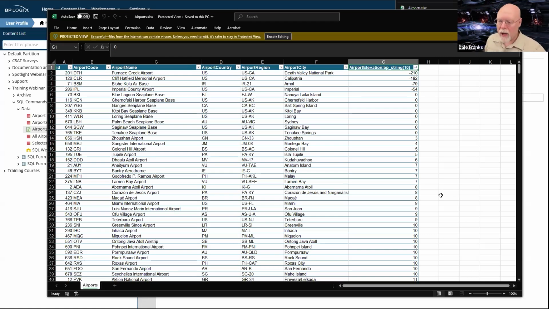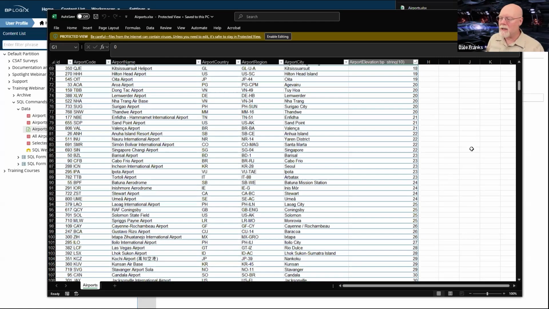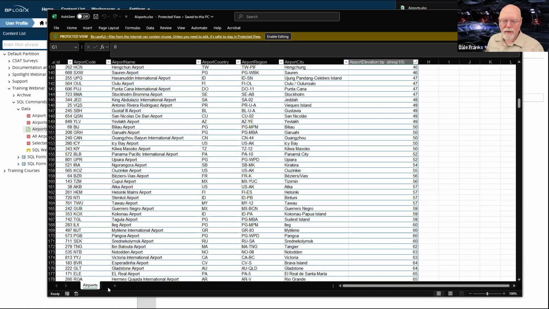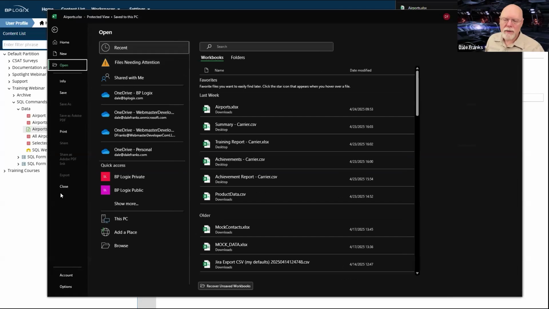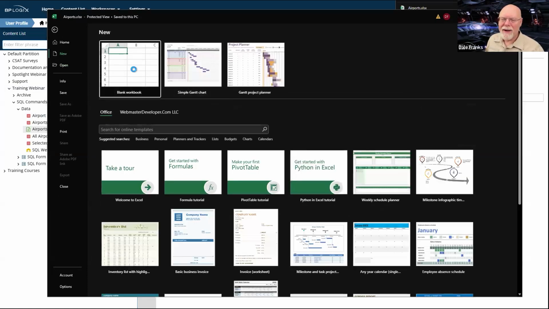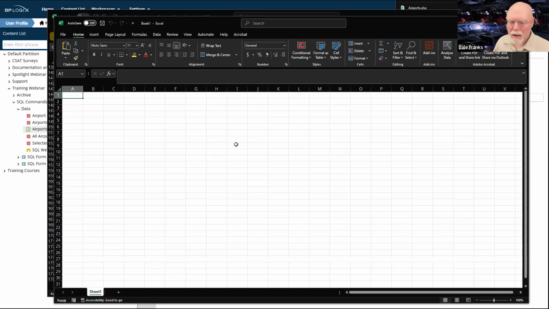It's a little off topic, but there's a reason why. And I think zip codes serve as a very good example of why. Let me go ahead and close this. And since I've got Excel open, I'll just open a new blank file. Can I open a new blank file? I guess if I go to new, I can. So let's just open up a brand new workbook.